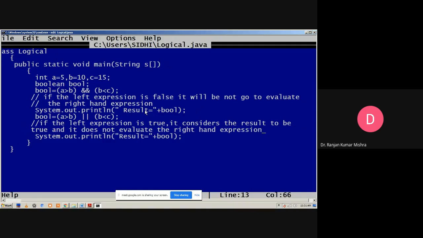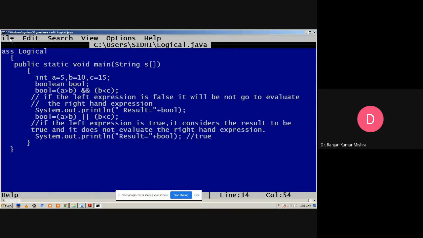That means if the left expression, suppose a greater than b, is true, it considers the result to be true and does not evaluate the right hand expression, because this logical OR operator works on the basis of the logical OR gate. So the output of System.out.println result equal to bool will be true.